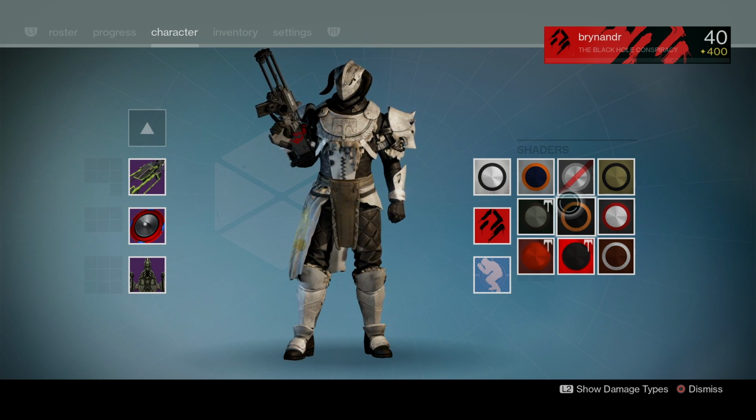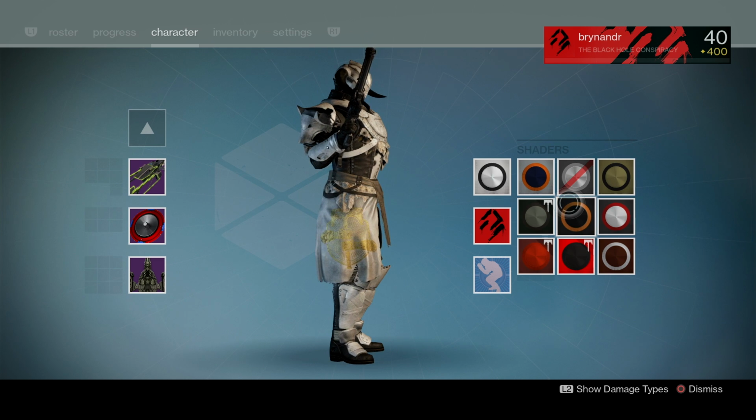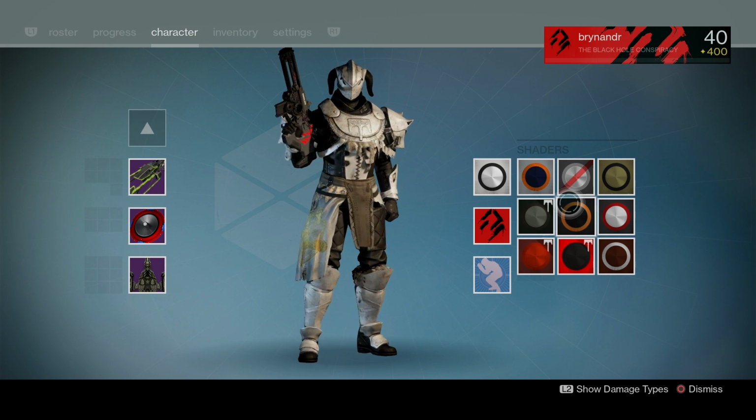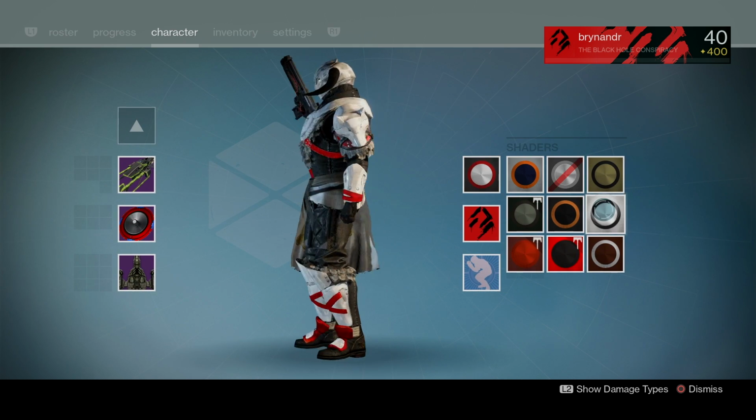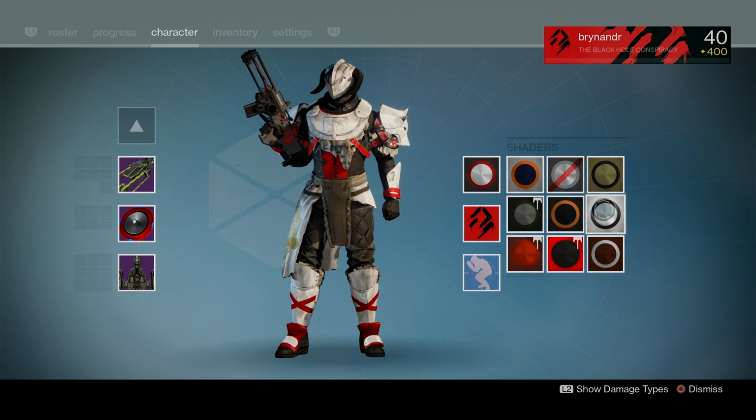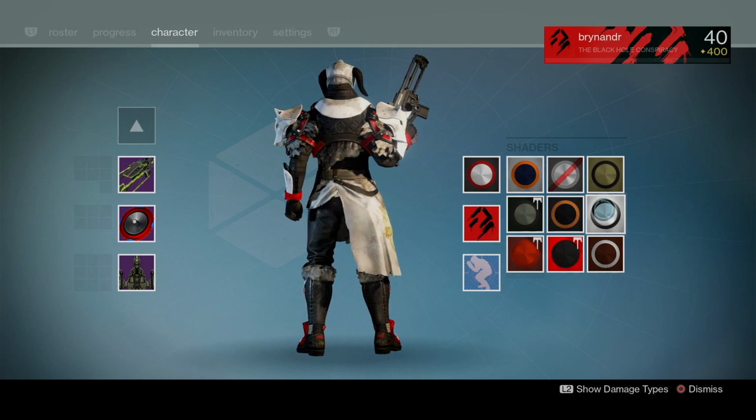It's like a whitish grey colour. This would work really well in snow settings when you fight the Fallen. You've kitted out with your winter gear to go fight them. I don't think this will work too well. No, actually, you know what? Not too bad. It's got...